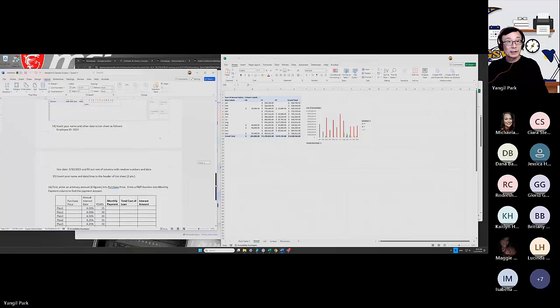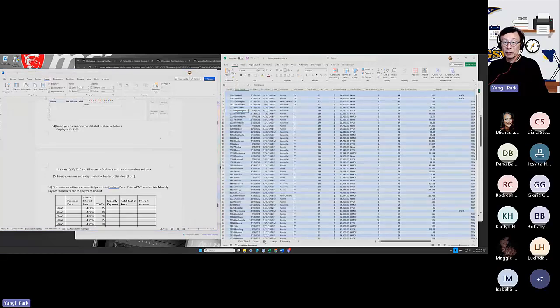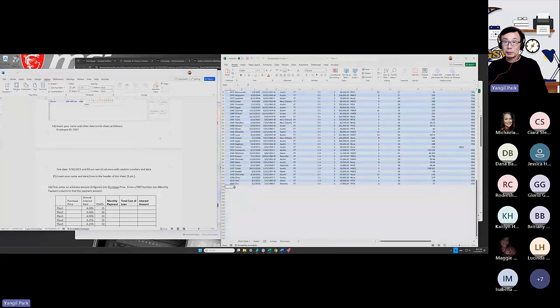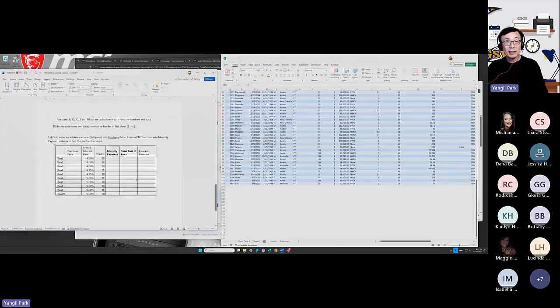Next, step 14 is just asking you to insert your name and whatever random data into the lists at the bottom, just as a random activity. And step 15, insert your name. And step 16, we have